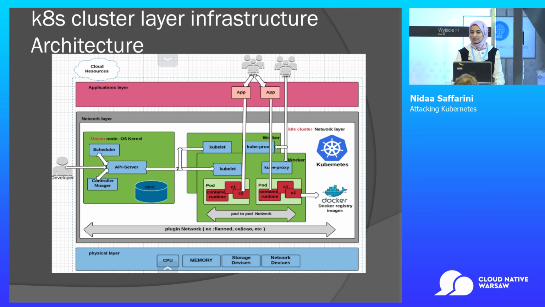Cluster network layer, which has the cluster networks, Kubernetes networks, which is already integrated with the original network. And we have a network which is a communication network between the pods themselves. So first layer is network. We have another network layer. Second layer inside the host itself, as we have pod and container. This is a different layer, so it's a duplicate host layer, duplicate network layer. The last thing, that container itself talking with Docker. I mean, it's connected with images. We can't consider it a layer, but we can consider it another door.